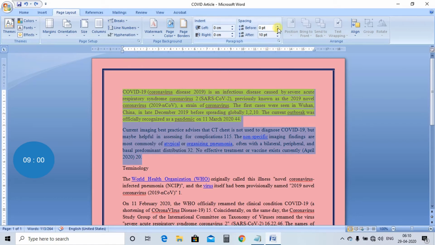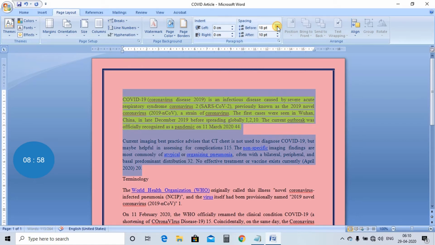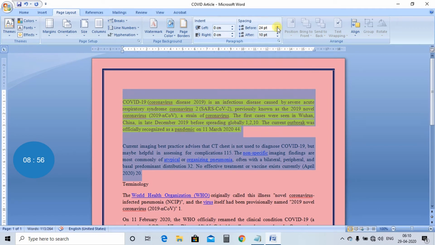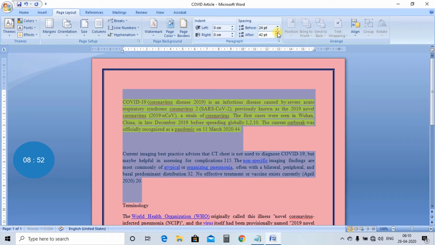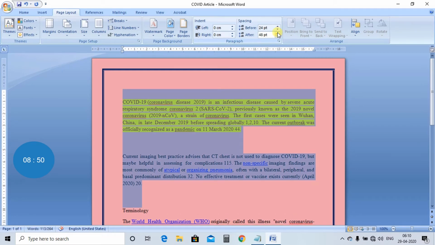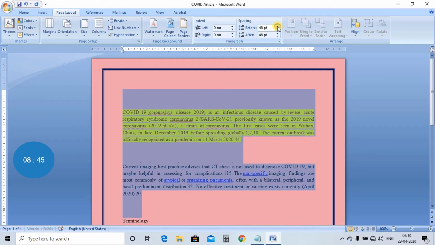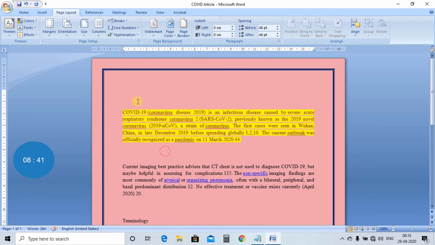Now I am increasing the space before, after. We are increasing the space between the paragraphs, not between the lines. As you can see, we have increased the space between the paragraphs, not between the lines. Okay, that is called paragraph spacing.